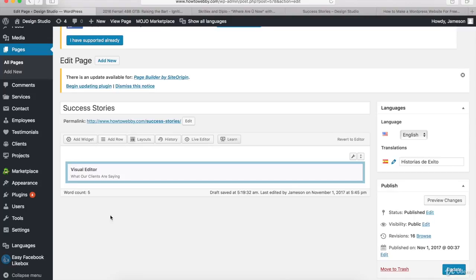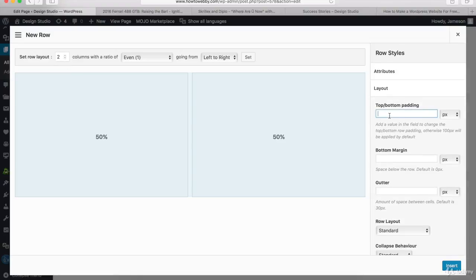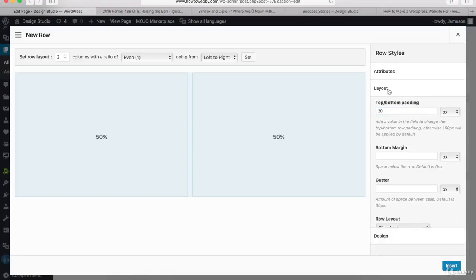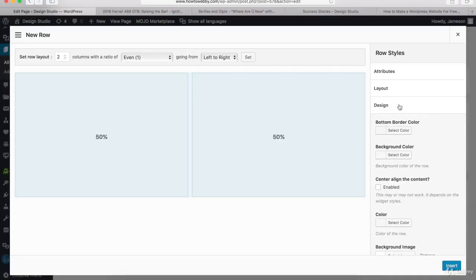And now what we want to do is add a row for the videos. So let's click on add row and let's leave the row layout as 2. And then come to the layout tab and I want to put in 20px for the top and bottom padding. And I'm going to leave the row layout as the standard option so we can just close this. And then what I want to do is go to the design tab and I want to add a bottom